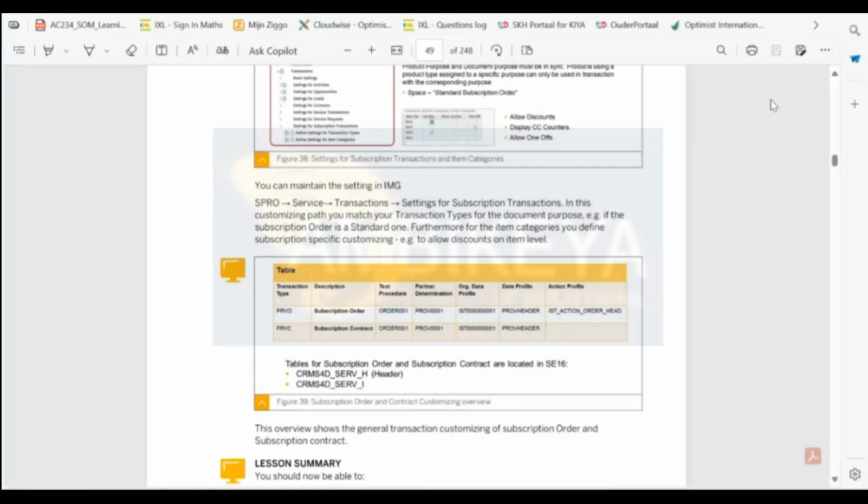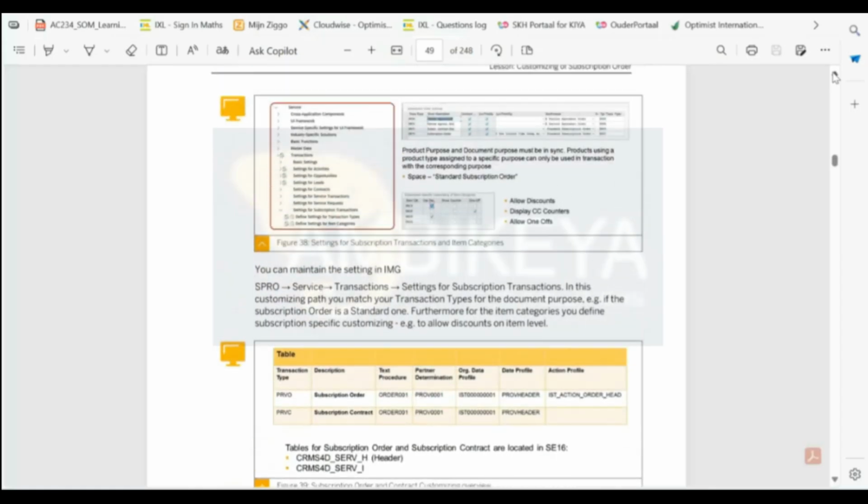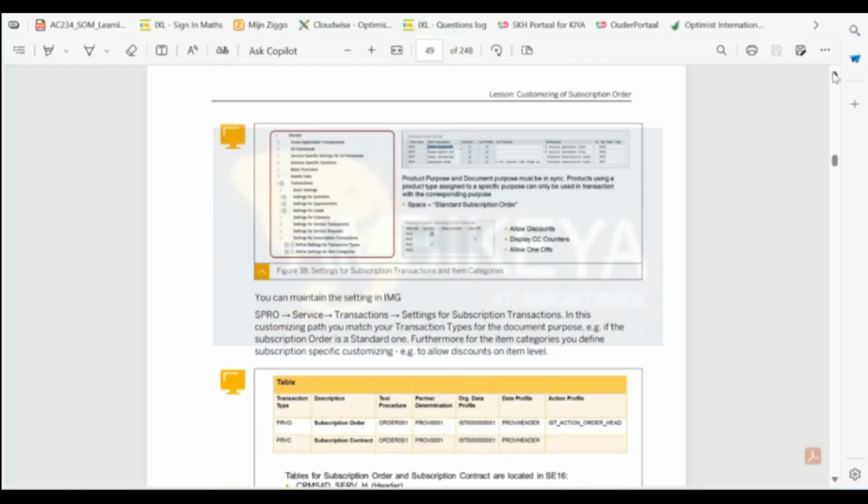This is the most important part: first of all, which transaction types you are going to use for the provider subscription order and subscription contract. SAP has already given a standard transaction type for each and every transaction object type, whether it's a quotation, a contract, or a provider order, everything. So as a standard practice,